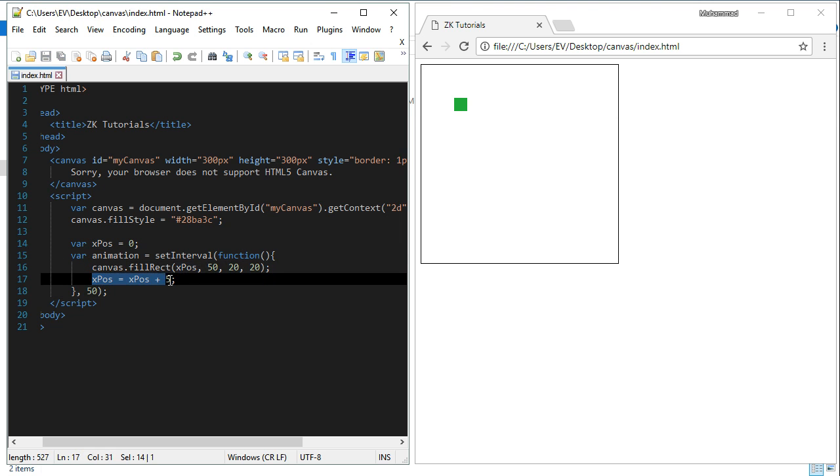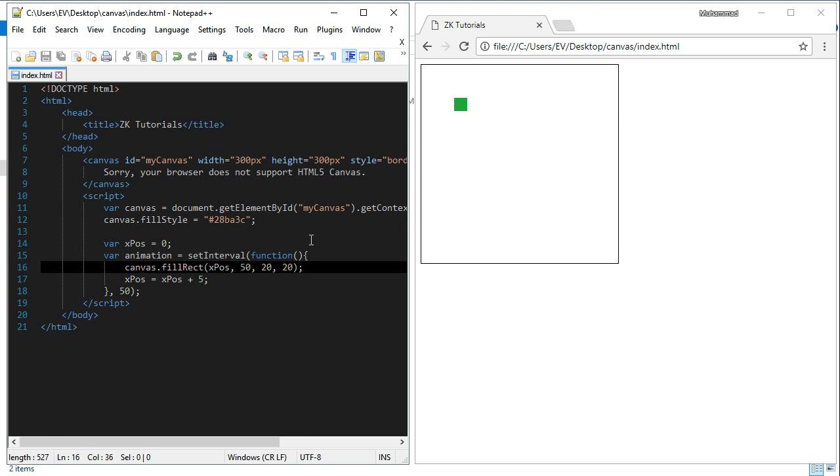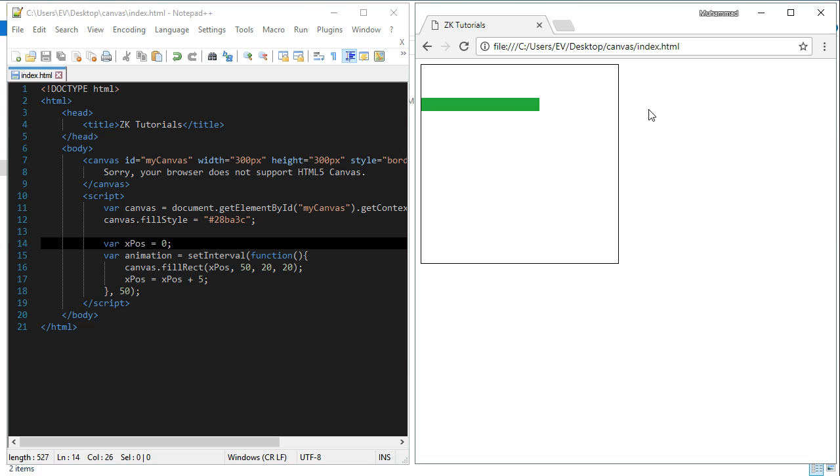Now when this line of code is executed, the value of xpos will be increased by 5 pixels, and then on the next 50 milliseconds, because the value of xpos has changed, the rectangle will be positioned at a new position. Let's test this code. You see that the rectangle is moving, but you can see a previous rectangle that has been drawn does